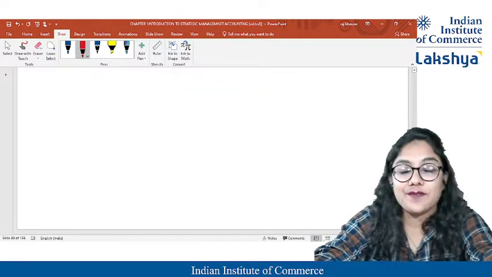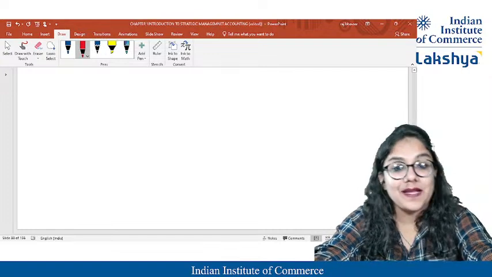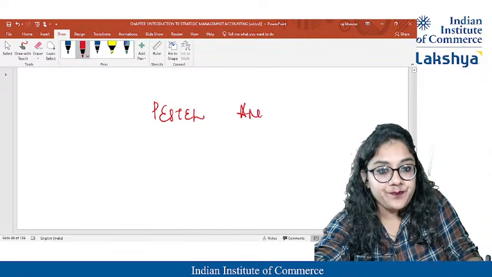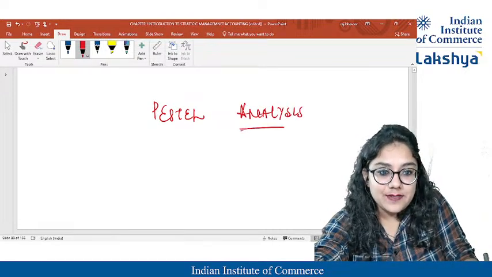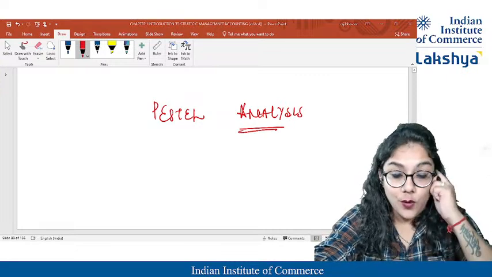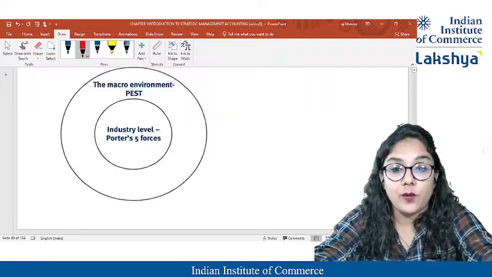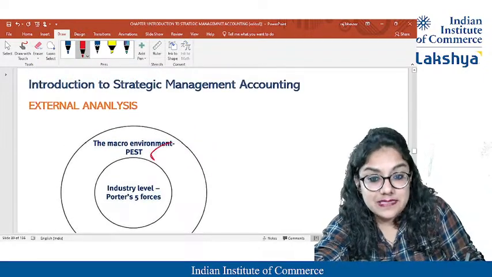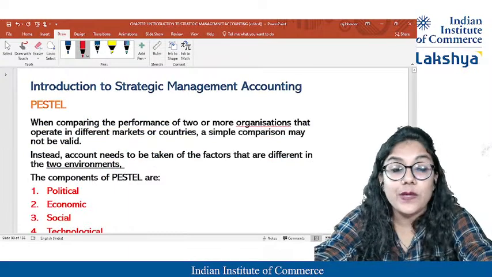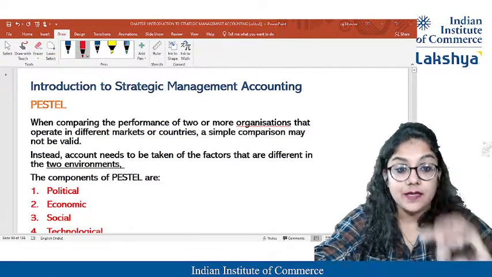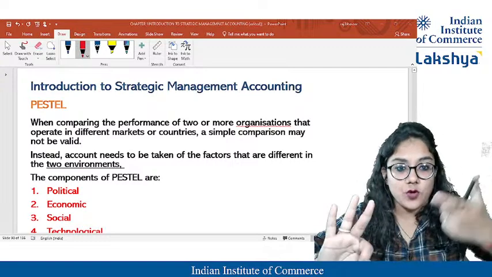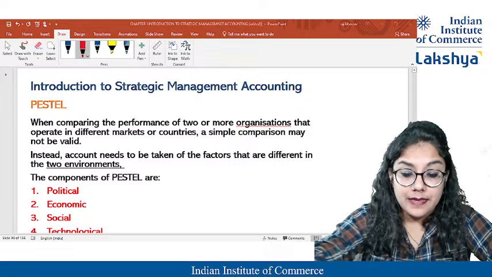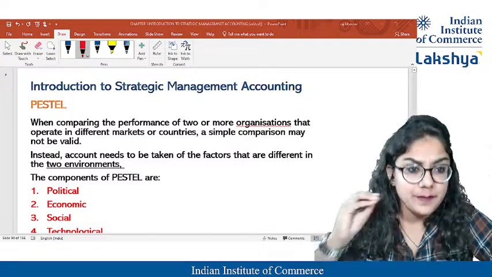Okay, so this was the first model that we successfully completed. Up next, guys, we have the PESTLE model, PESTLE analysis. A PESTLE analysis is going to emphasize the external and macro environment. PEST is the external factor, and EL is common. For example, if I want to run any business I want to develop.